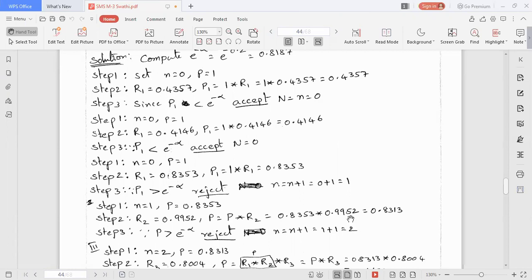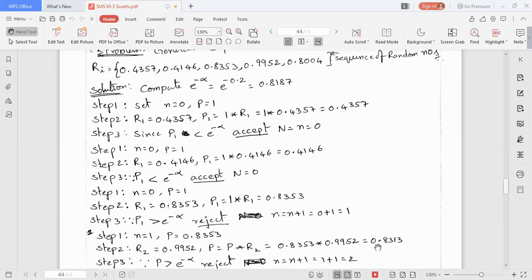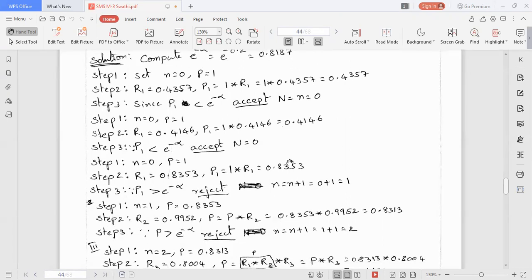Now with this new P value, we need to compare with the e power minus alpha value. The new P value is 0.8313. This is also greater than the e power minus alpha value, that is 0.8187. So this n also should be rejected.